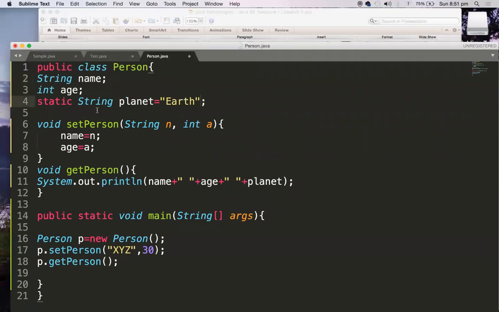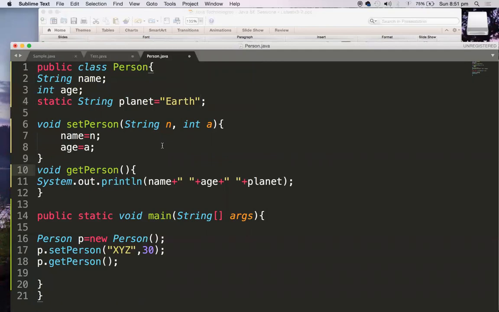Okay, so that's what we are actually writing since the beginning. So one static value and two instance values. The constructor actually constructs what? Instance values only, right? But here I have a method which is a setter method, and this is a getter method. So usually any class will have setter methods and getter methods.